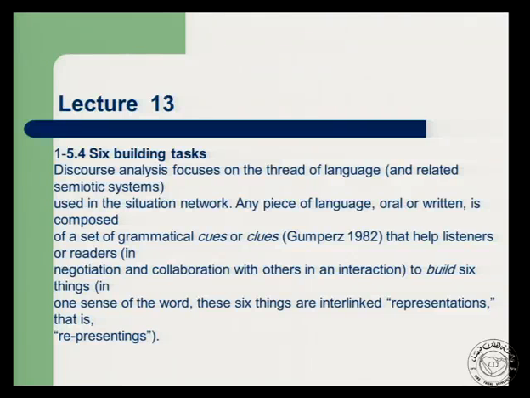Language, whether the language is written or a form of speech, has to have some elements and has to have some tasks that are to be achieved via the language itself. So we say that, of course, these elements and these tasks are to be understood by us in order to analyze any given text in the correct way.